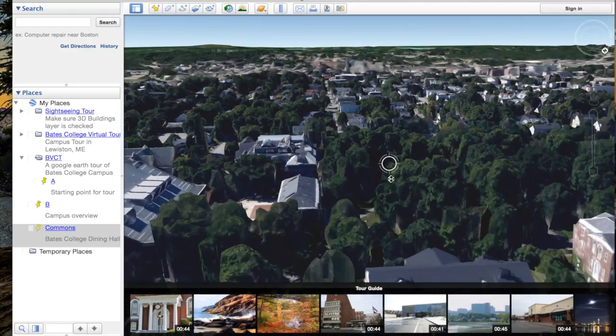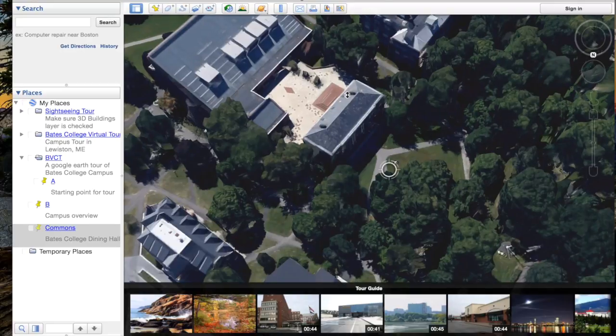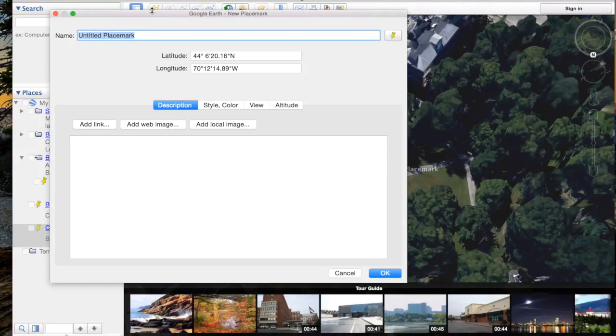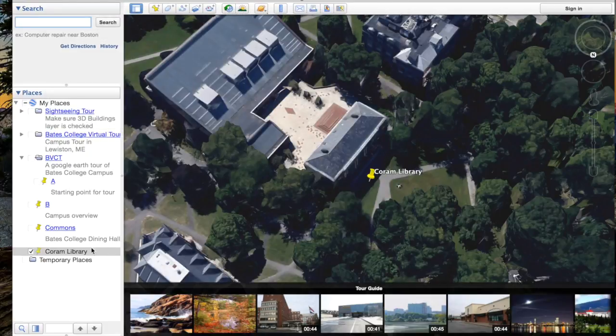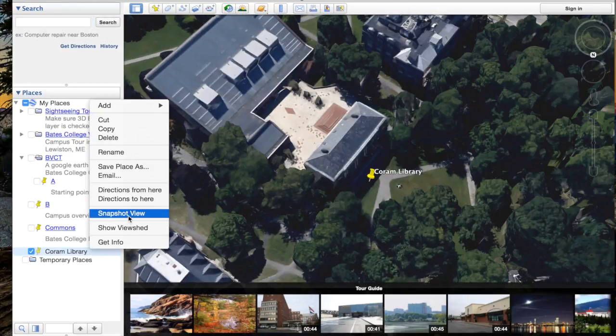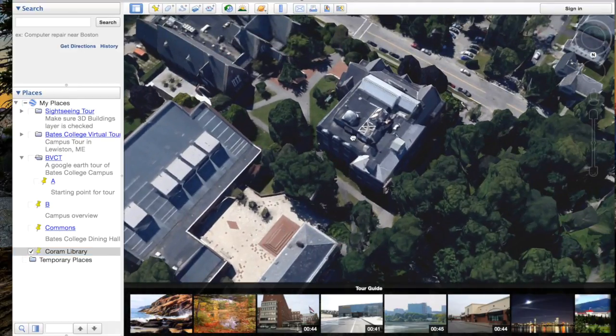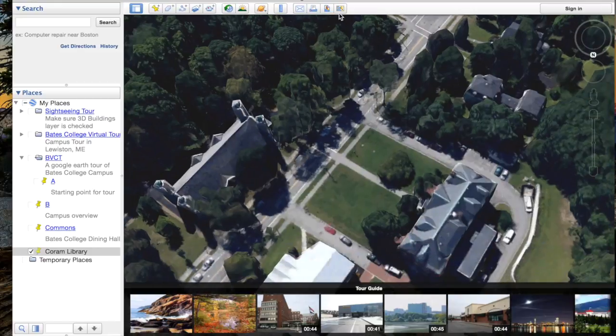Let's say I like this view better from the quad. So I add this right here, call this Quorum Library, and yeah, we'll do that. We'll click on Quorum, snapshot view, and let's add one more per se. Let's go to the Gomes Chapel,